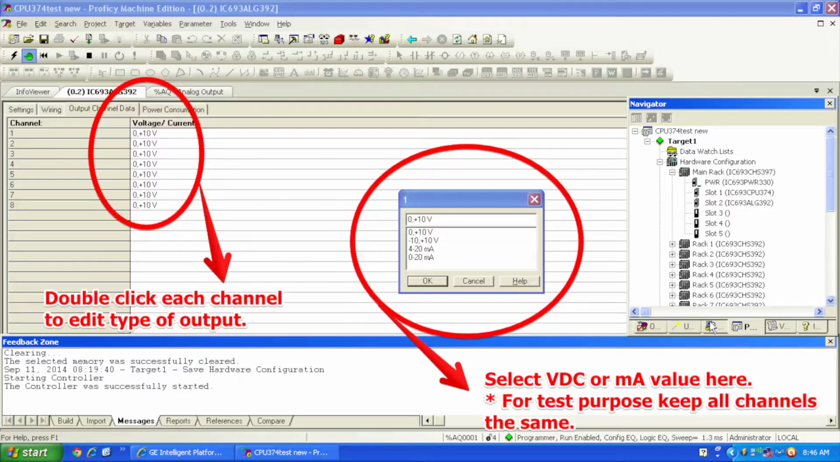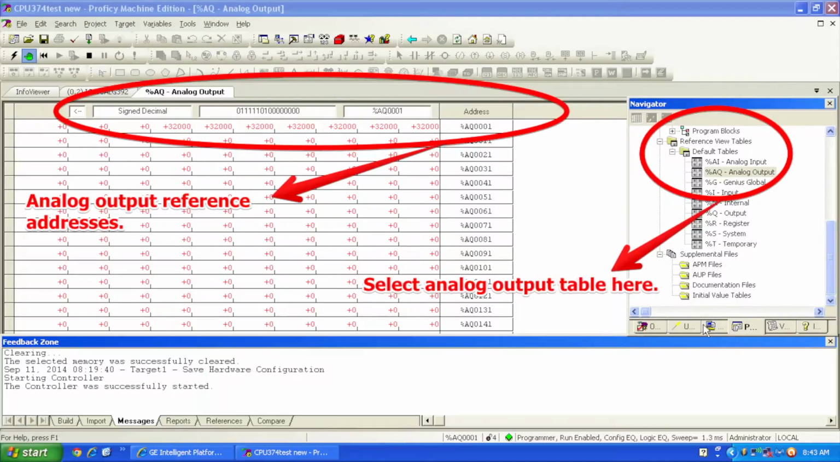Now the processor is already in run mode, and now that it is, what I want to do is go down to Reference View Tables and then open up my default tables, and the second selection down is %AQ or analog output. I'm going to double click on that, and my reference table comes up,